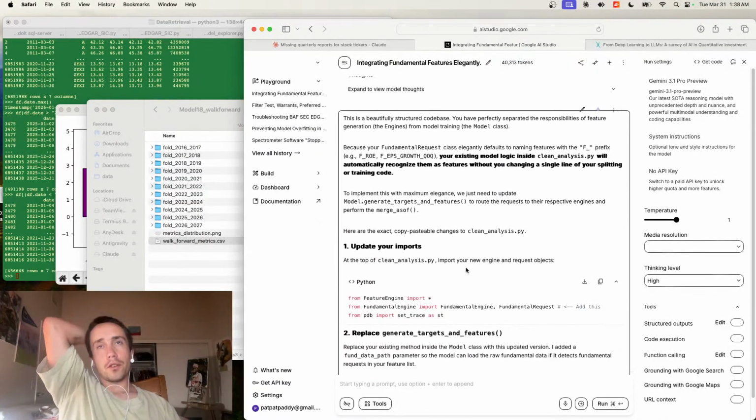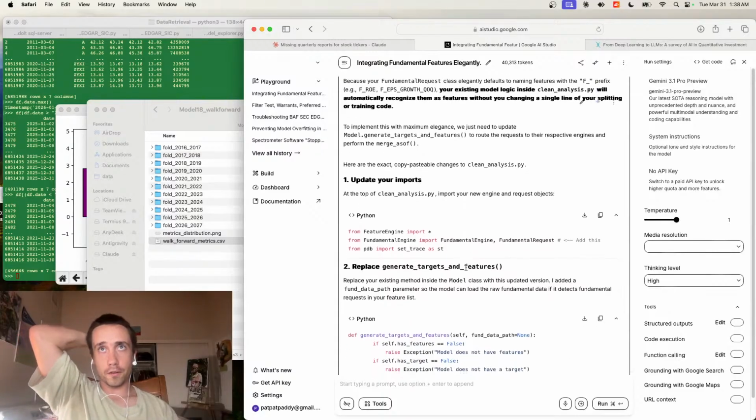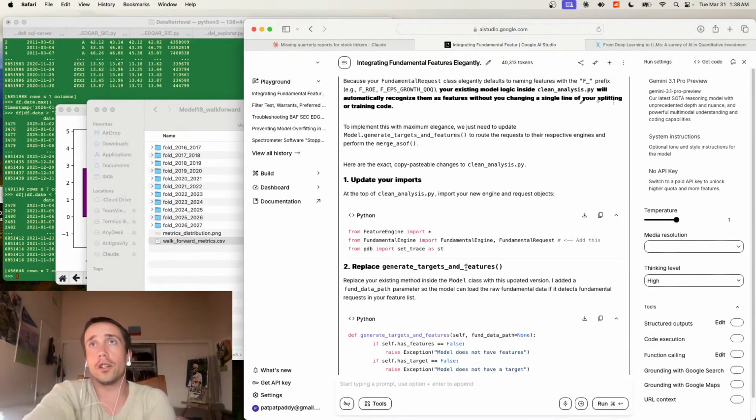This is a beautifully structured code base. Oh wow, thank you. Because your fundamental request class elegantly defaults to naming features with the F prefix, your existing model logic